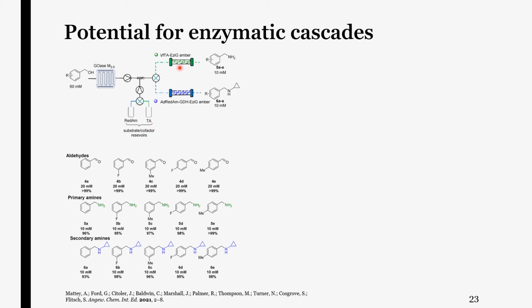And the imine reductase and the transaminase here, they immobilized for the flow, and with the imine reductase there, they implemented a glucose dehydrogenase for recycling the cofactor, of course, and they could obtain different kinds of primary amines with the transaminase,